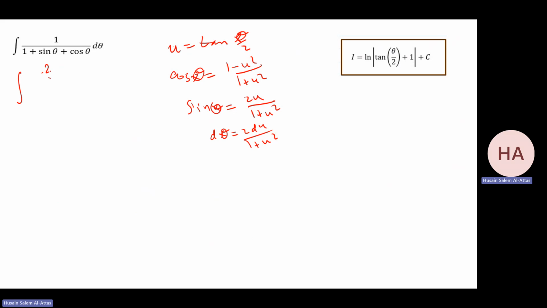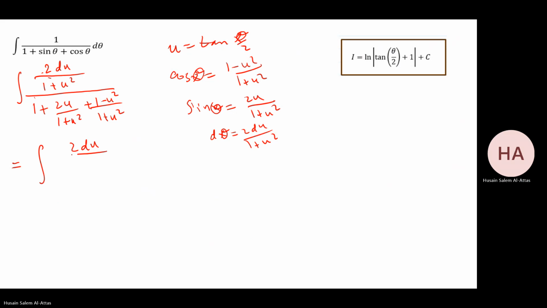So d theta is 2 du over 1 plus u squared. What is sine? 2u over 1 plus u squared. What is cosine? 1 minus u squared over 1 plus u squared. Now I need to solve everything and do the integral in terms of u. That gives me 2 du over 1 plus u squared over